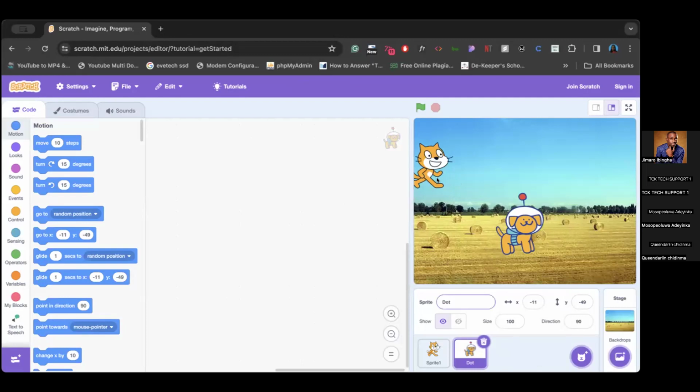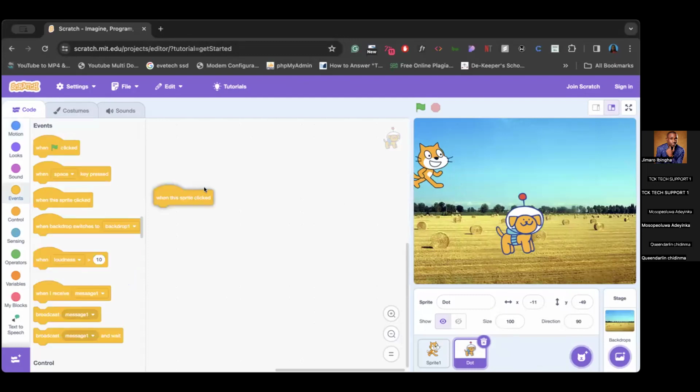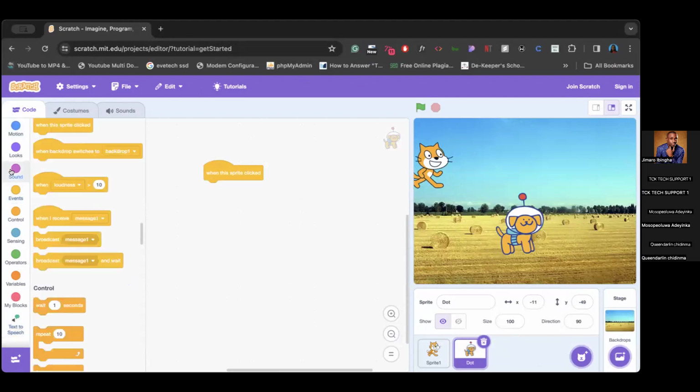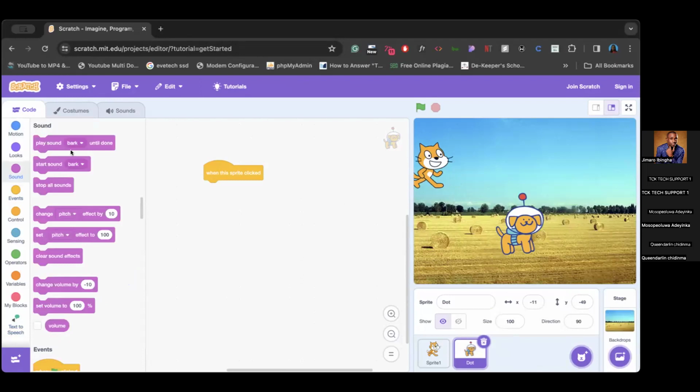So what I want to do is I want Dot to say some certain things. So I'm going to drag, when this sprite is clicked, what should happen? I'll go to sound, right? I'll drag start sound. Start sound. Okay. At the top here,